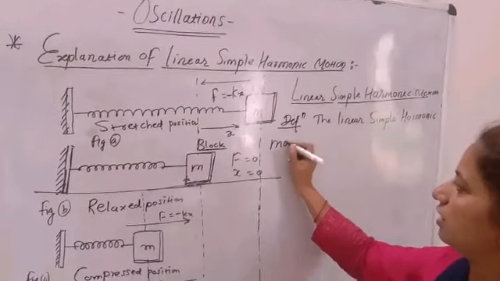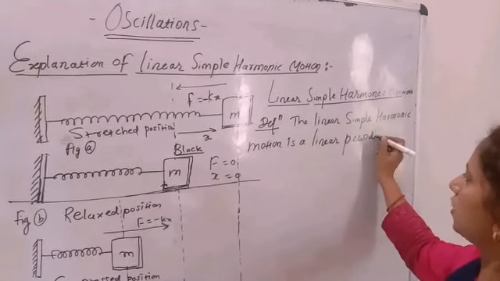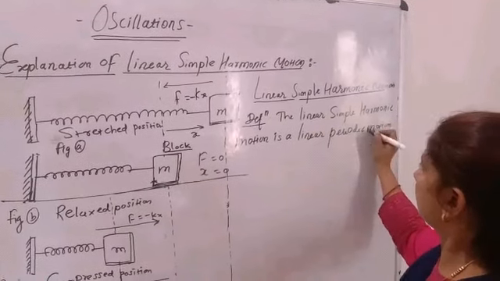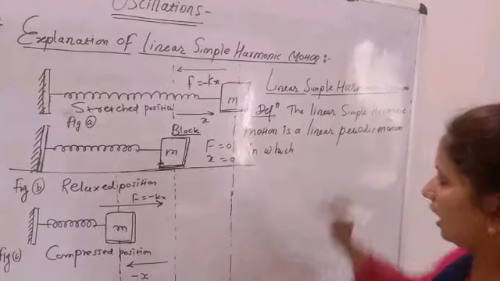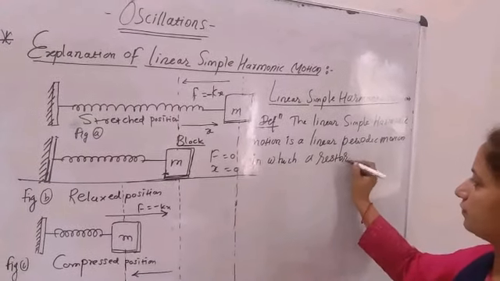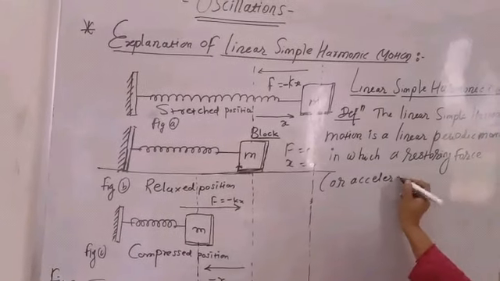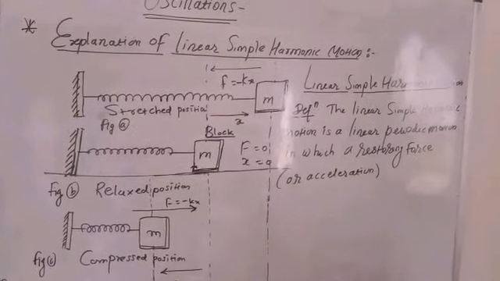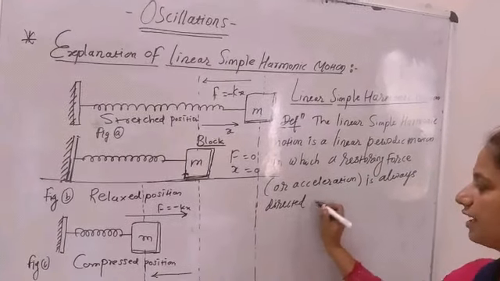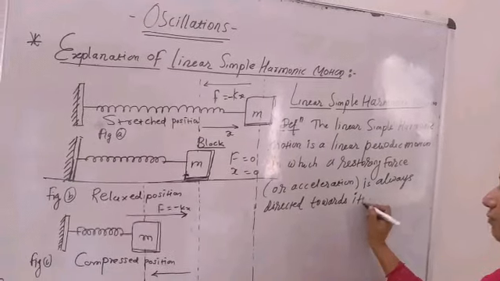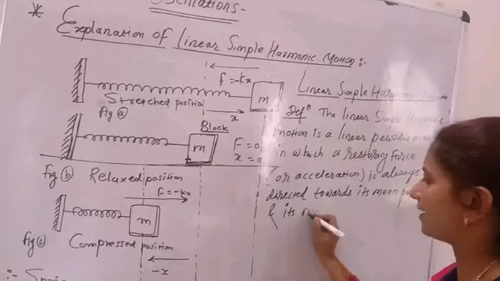Harmonic motion is a linear periodic motion in which a restoring force or acceleration is always directed towards its mean position, and its magnitude